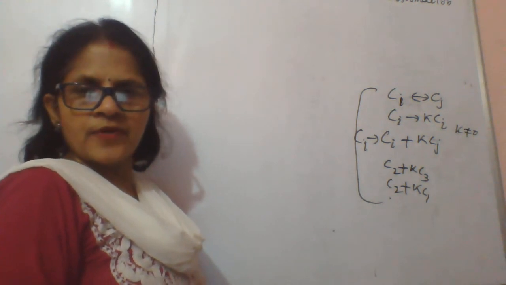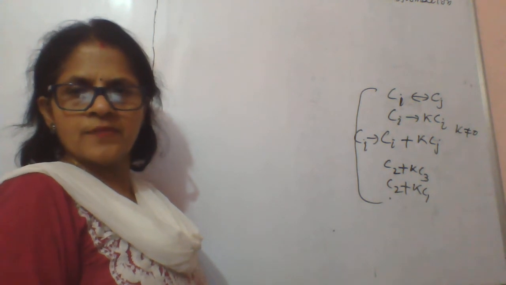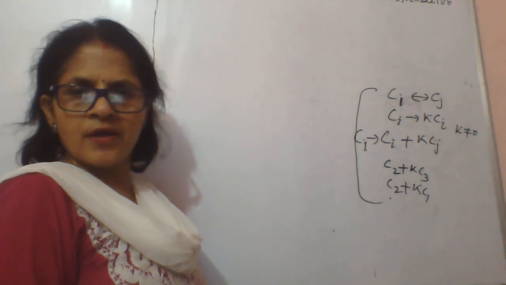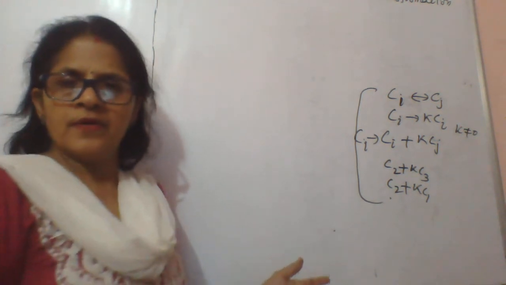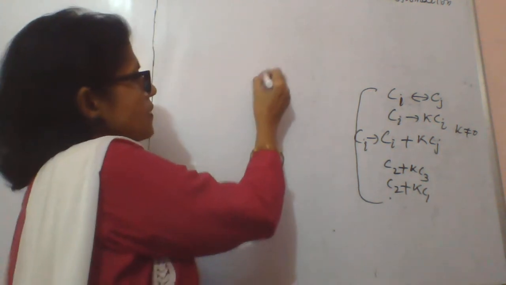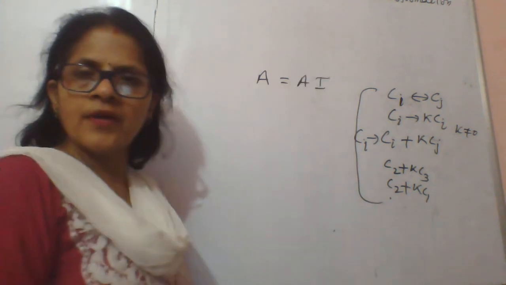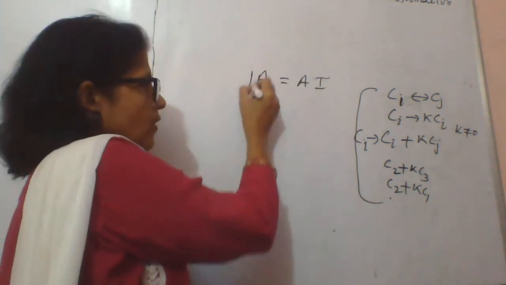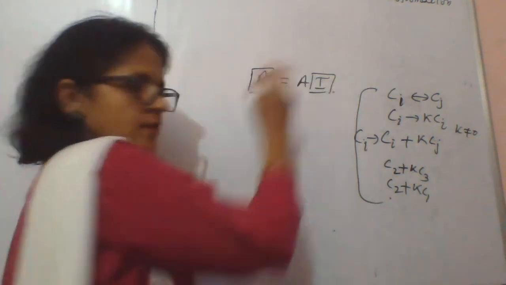So one more important thing is, while taking elementary column transformation, all the column operations will be performed along the columns. Means we are not allowed to use rows here. Okay, none of the rows we can use here. So basically going to the process, we start with A equal to A into I, right? And we apply the column operations on A as well as on I.